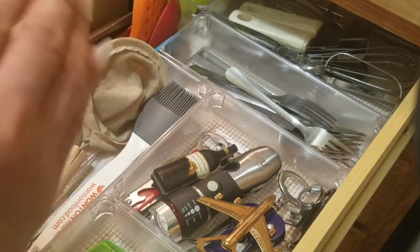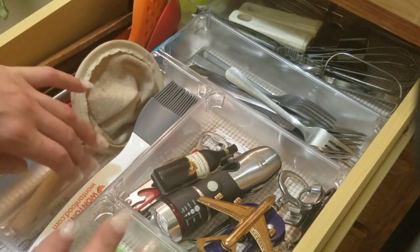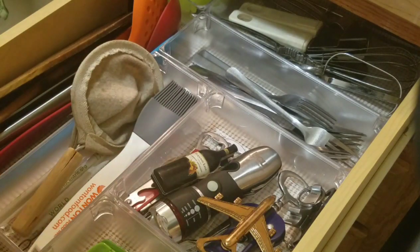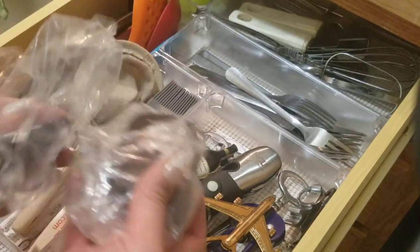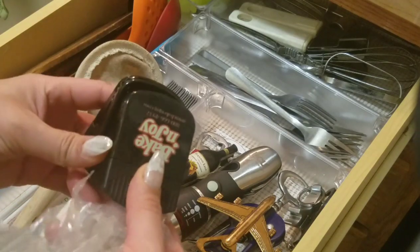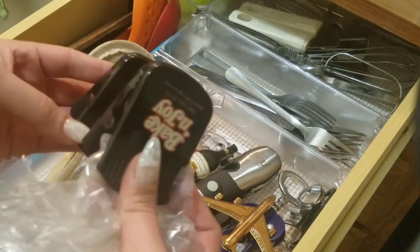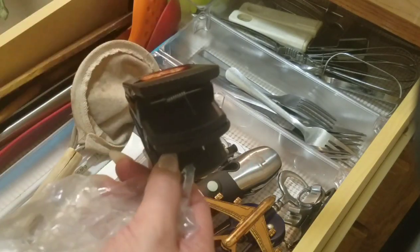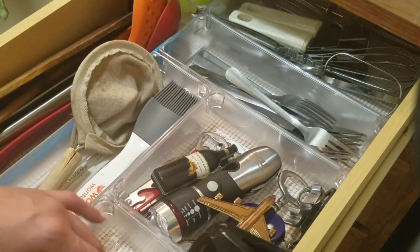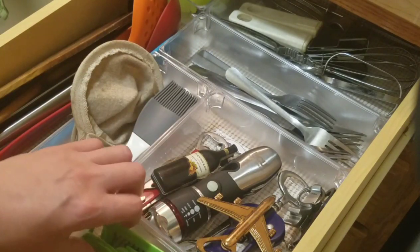I do have some more that are plastic, which I am not going to use anymore because I have some metal straws coming in the mail. So I should have those soon, hopefully. Then I have these two clips, and I actually have two more of these, but these are metal. So they can go on a refrigerator if you'd like, but I'm just going to stick them together and then add them to the bin where